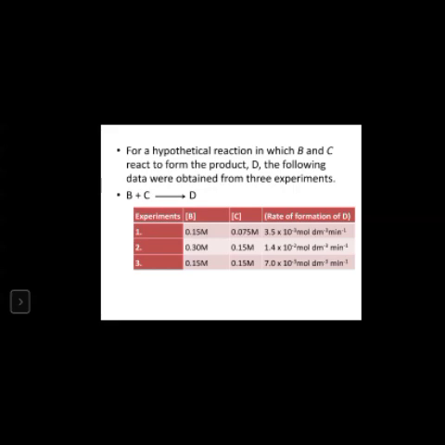So what will you say now? I said if you double the concentration, take 1 and 3. I double the concentration of C, I kept B constant, and the rate is now double. What is the order with respect to C? From what I've just taught you, it is 1. Now take the other one, 2